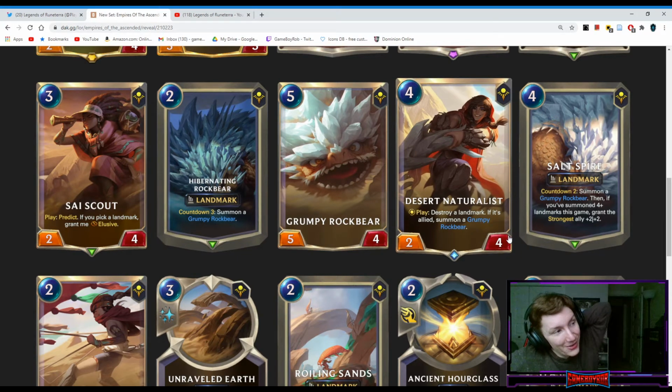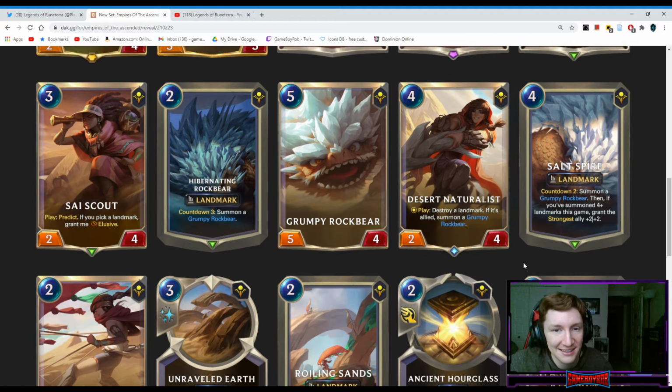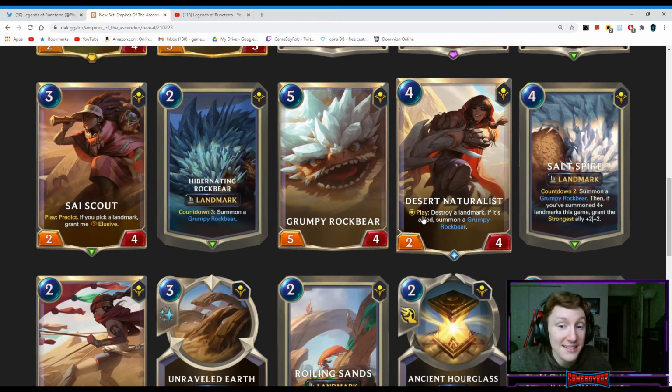Taliyah decks are going to be the only ones around who get to play landmarks. This card seems quite good. It is a skill. To be fair, this actually does incentivize opponents to run more fast speed landmark removal. This incentivizes Scorched Earth, right? Because the skill destroys a landmark